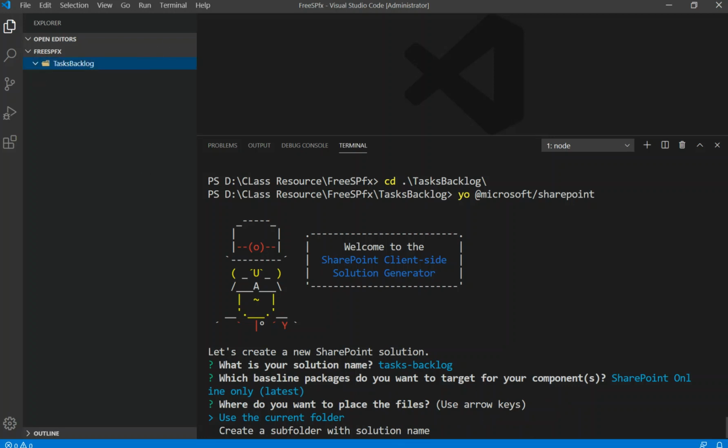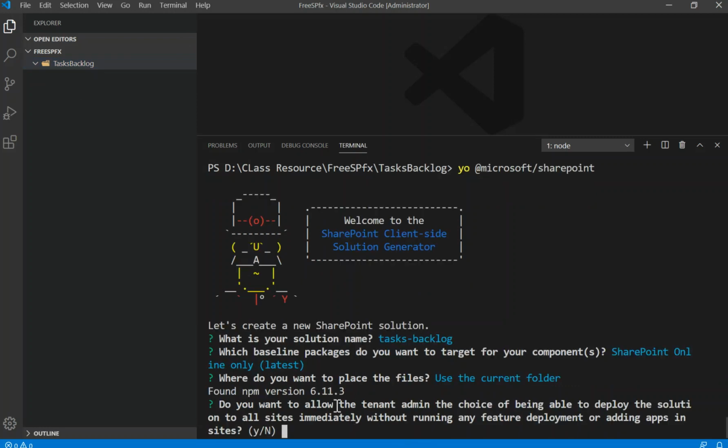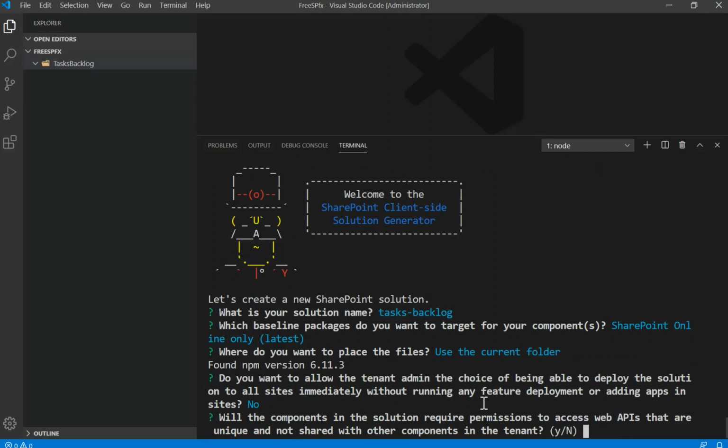ውስጥ ስለሆንኩ yes ስለዋለሁ ማለት ነው ከረንት ወይ ደግሞ ሌላ ፎልደር ከፈለጋችሁ ትቀጥላላችሁ እዚህ ጋር ምንድነው ቴናንት አድሚን እንዲሆን ትፈልጋላችሁ ይላችኋል አንዴ ዲፕሎይ ከተደረገ ለሁሉም ሳይት ኮሌክሽን automatically ዲፕሎይ እንዲያደርግ ነው I'm going to say no for this. ይሄ ደግሞ ፐርሚሽን ይፈልጋል ወይ ነው ይሄ እነዚህ ነገሮች በኋላ ላይ መቀየር የምንችላቸው ነገሮች ስለሆኑ I'm going to go